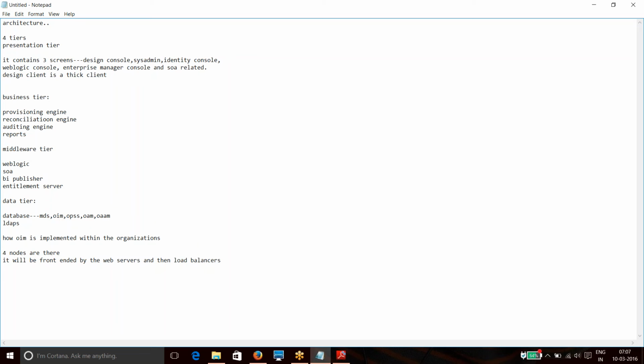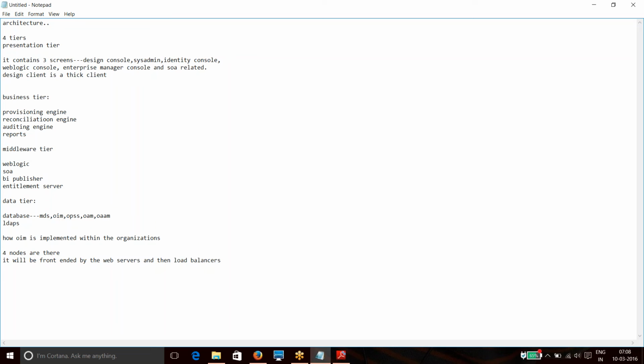The only difference is that we won't create a domain on each. We'll create the domain on only one of the machines, and then we'll pack that entire domain using the commands provided with the application server. We'll unpack those domains onto the other nodes on the other machines. And after that, we'll be giving the front end URLs for all these four nodes.